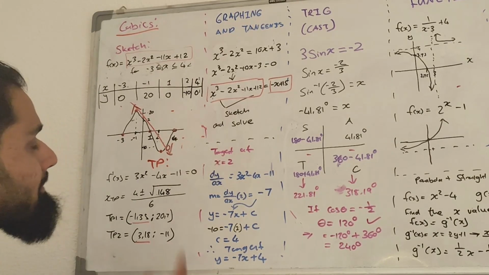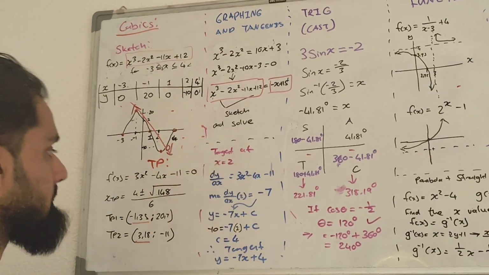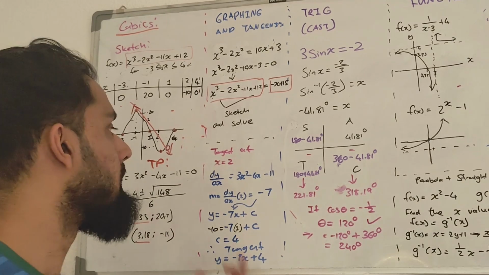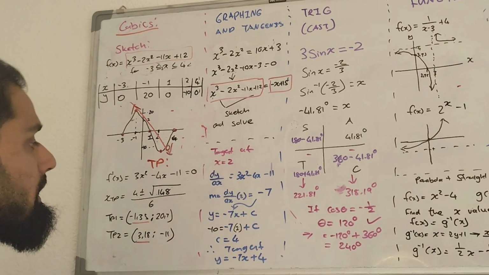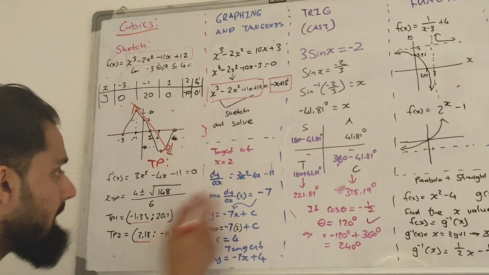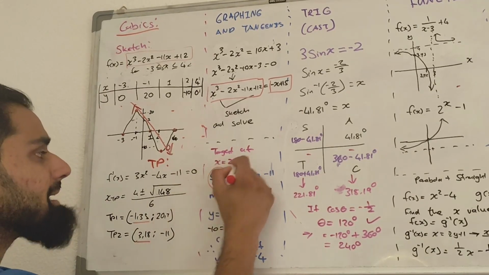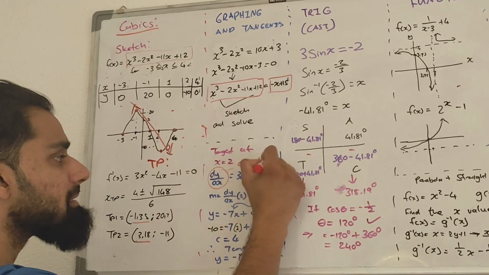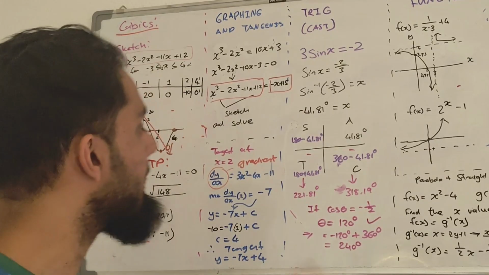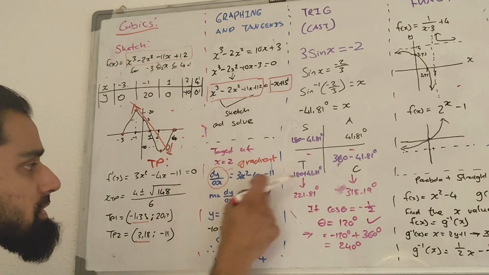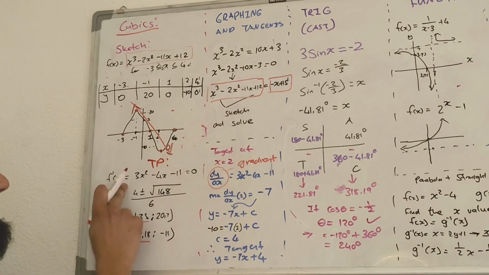Okay, so now let's talk about how we find tangents. If they ask us for the equation of the tangent at x equal to 2, well, dy over dx, again, it's very important to understand that dy over dx is a gradient formula. So it tells you the gradient at any one point on the graph if you sub in the x value. So if I sub 2 into dy over dx, which I got from taking the first differential